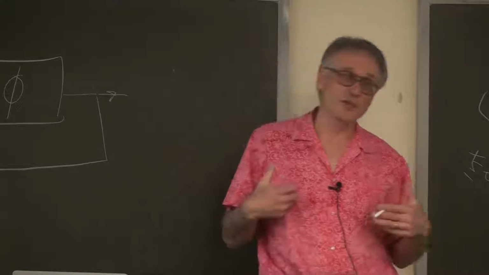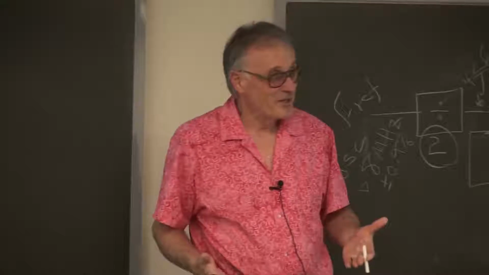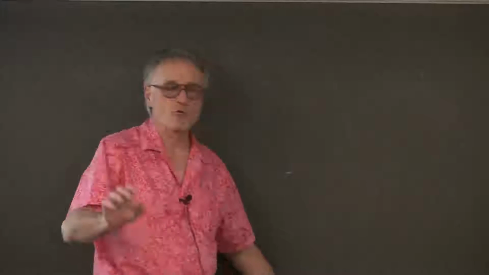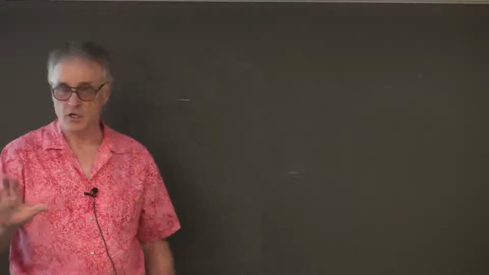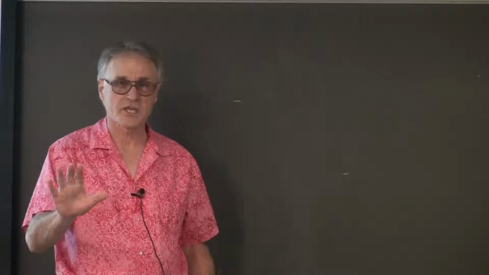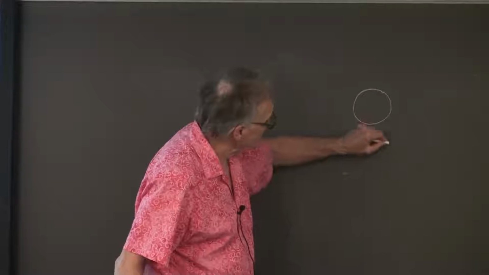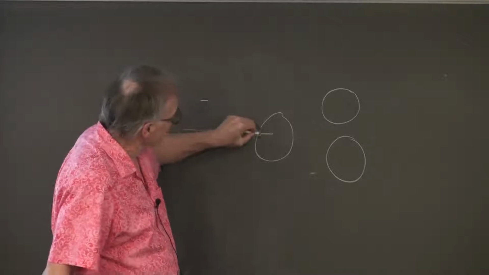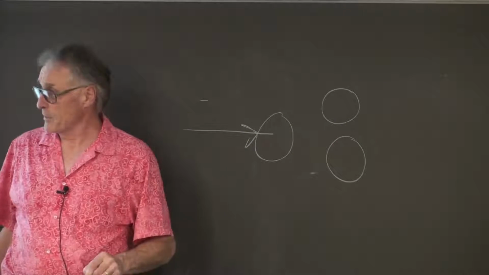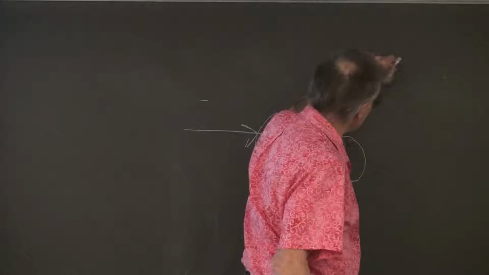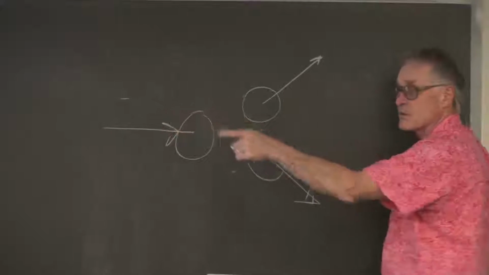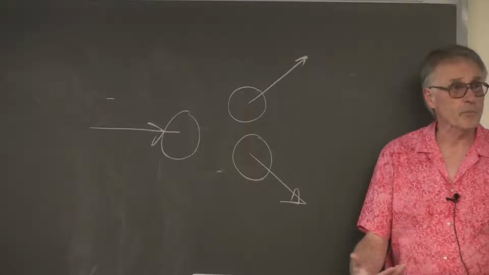On the other hand, it's a little easier to debug if the balls are bigger, because you can see the colors. When you're testing the collision algorithm, a really good idea is to start out with a simple collision system that you understand. Let's say you have 2 balls sitting at rest on the screen, and you fire a ball into them. You can predict what should happen, right? This one should go this way, this one should go this way, and something will happen to this. It might get bounced off in the other direction, but it should be symmetric.